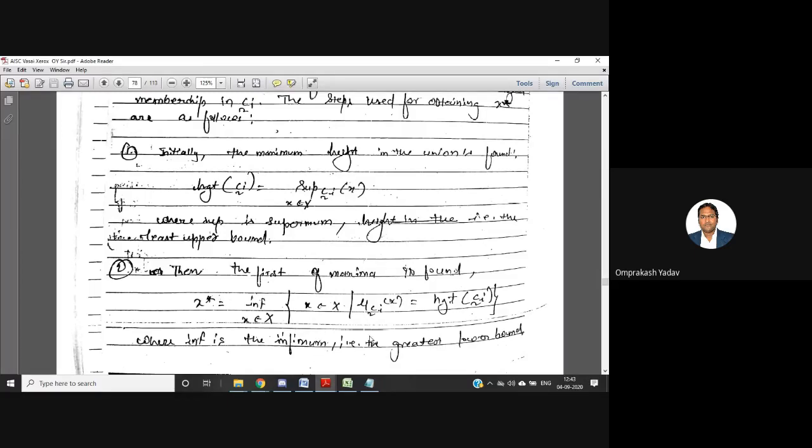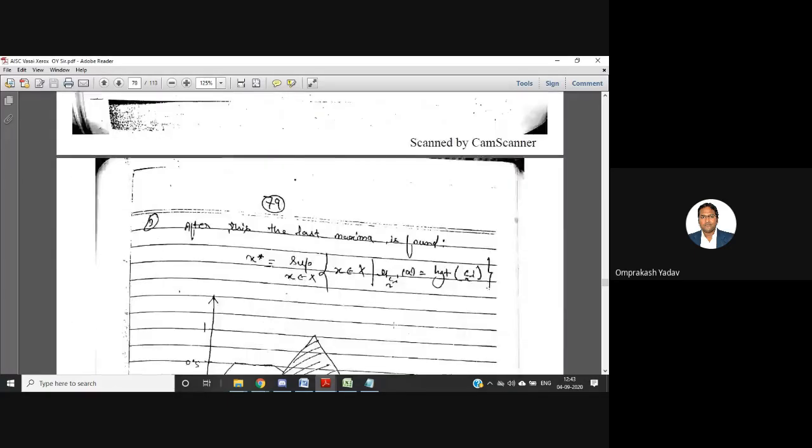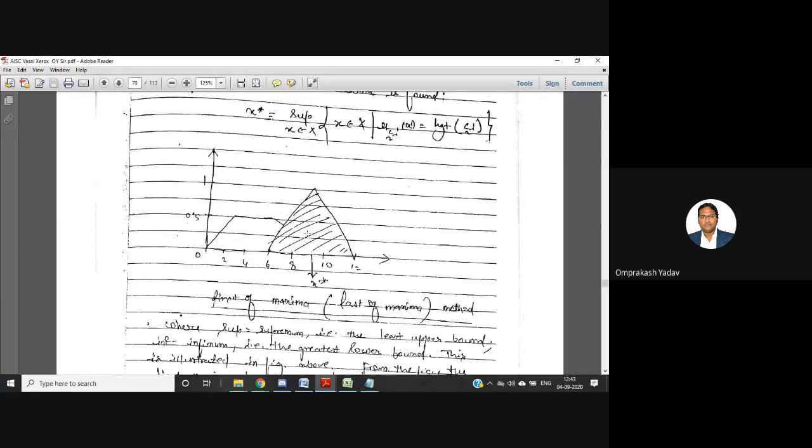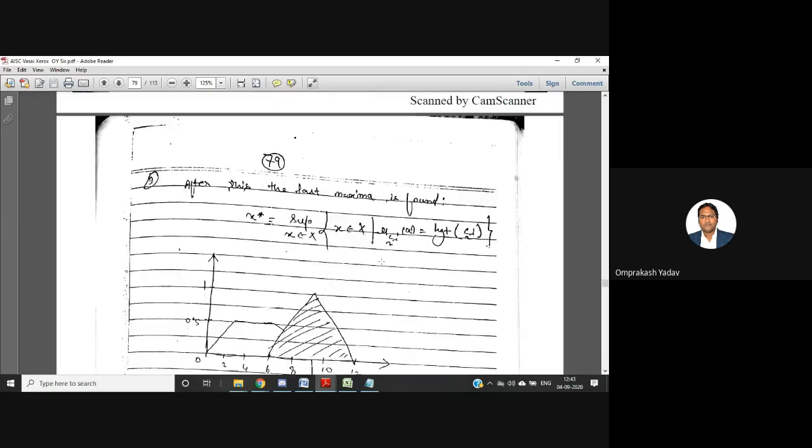In short, I'll try to explain that we first see whichever is the maxima or the minima. Based on that, we can also select based on minima. But in this particular case, if the name is first of maxima or last of maxima, we will first see which one is the maxima. In these two figures we have decided that we will go with the last of maxima. So this is the maxima, and from here we are trying to select. In short, this is the trick.